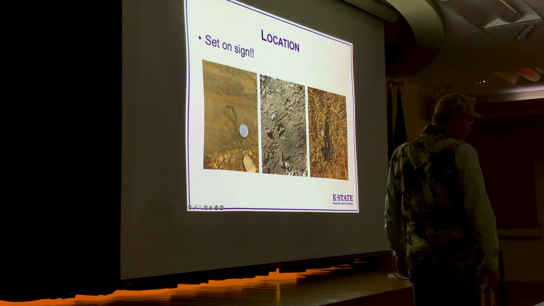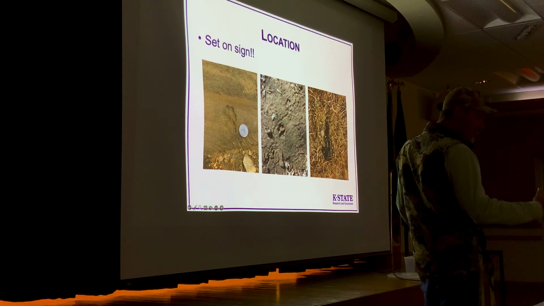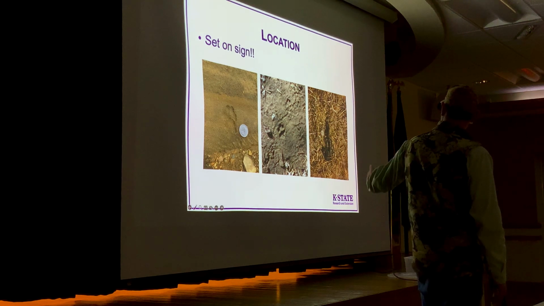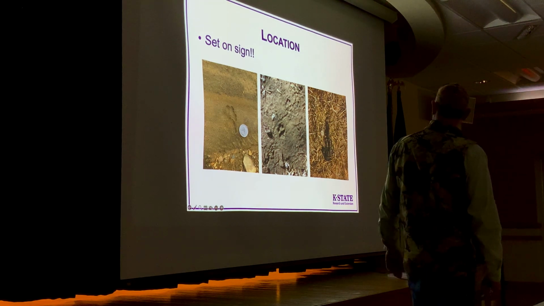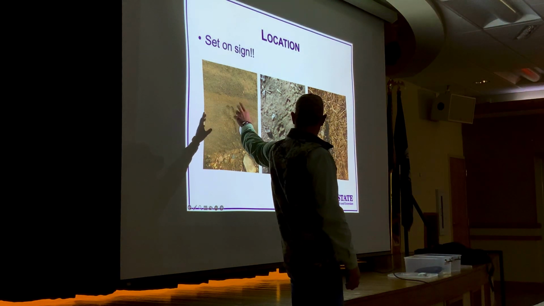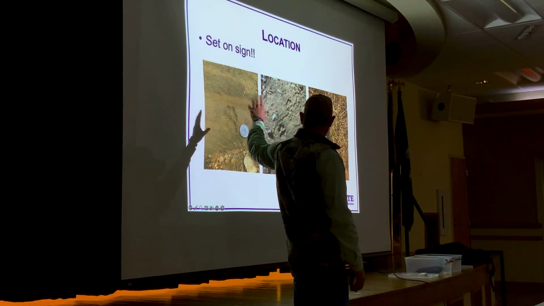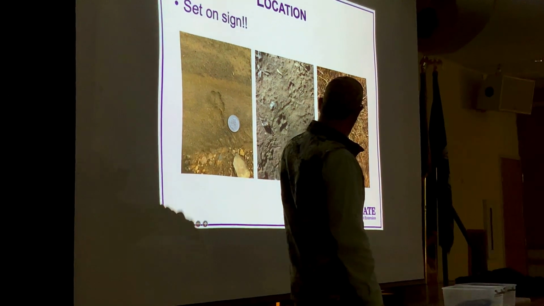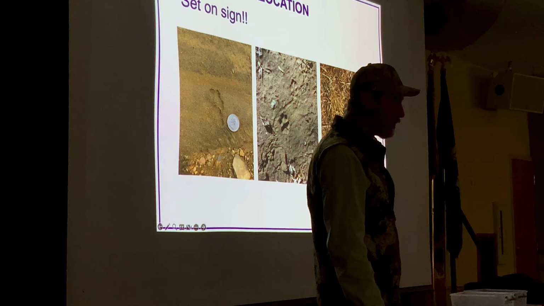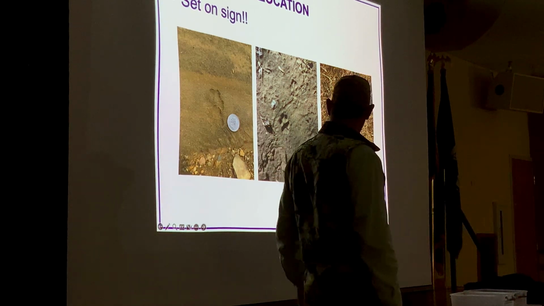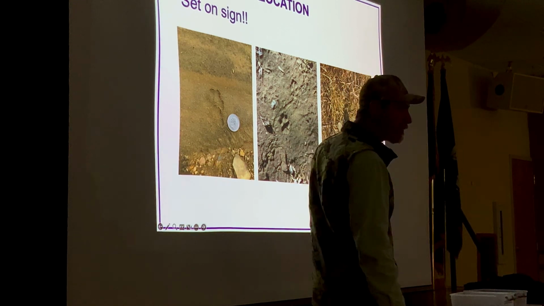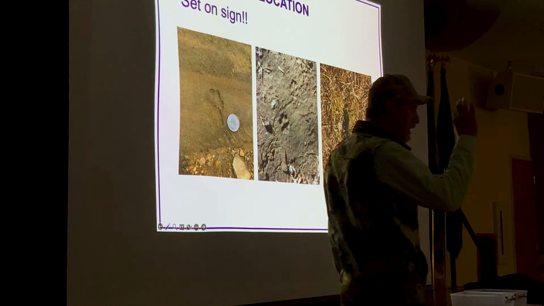And just because it should be a good spot, if there's not sign there, it's probably not the best place to set a trap. Sign can be tracks, it can be scat, and they can both look like a lot of different things. If you're gonna send your wildlife specialist a picture of something, whether it's a calf that's been chewed on, a track, poop or whatever, put something in there of known size for scale. Because it's easy to know those are coyote tracks, it's not so easy to know that one is. That could be a swift fox, right? It might be this big.